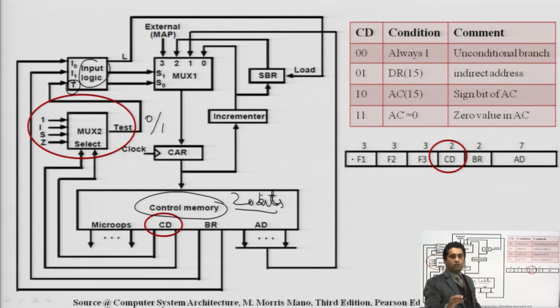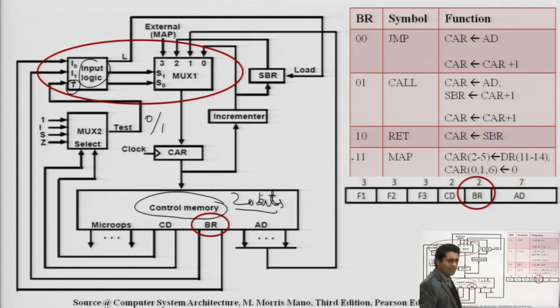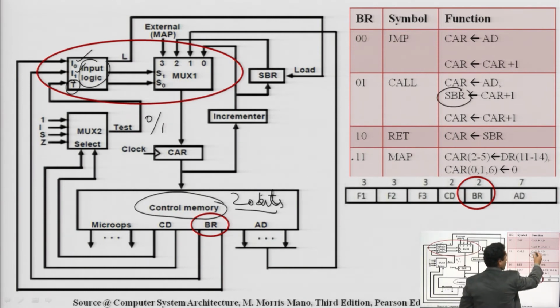The next task is branching, which means we are executing an instruction carrying 3 micro operations. Now, these opcodes are executing in which order? It is up to the branching part. Branching says again we need 2 things here: input 0 and input 1. These 2 bits are represented in 4 ways. 0 0 is jump to a specific address. 0 1 is basically the call. We are calling a particular subroutine here. Yes, this subroutine is required.